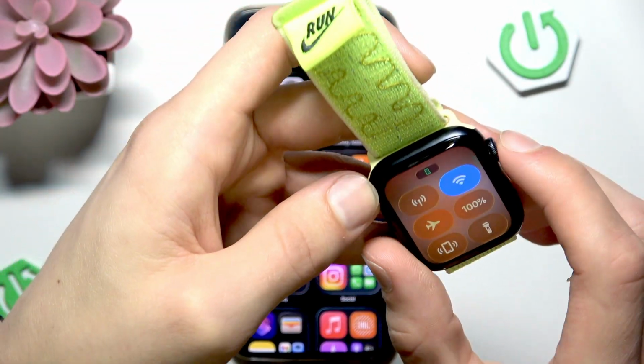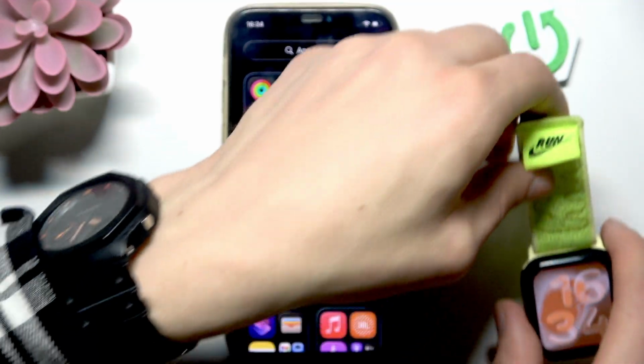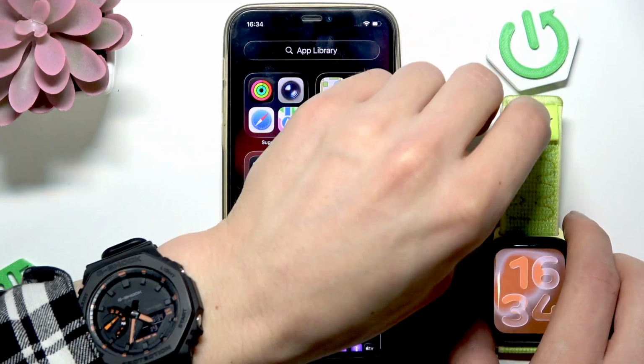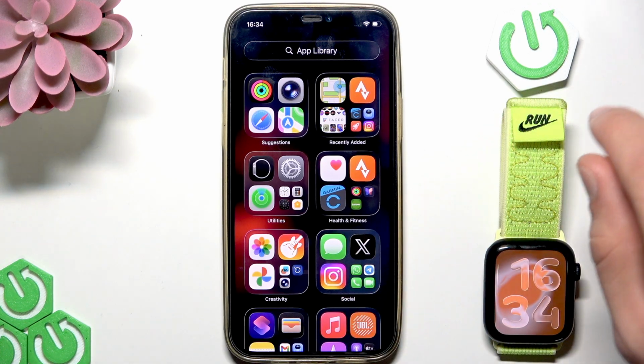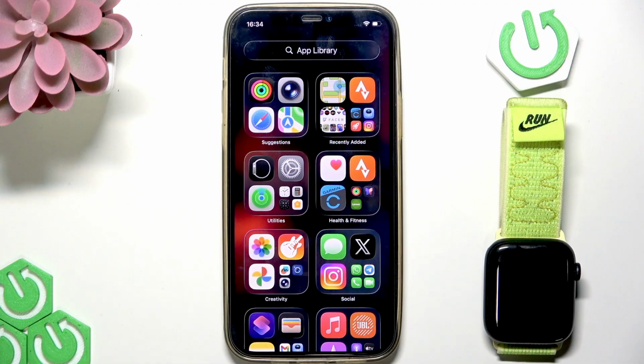Besides, you won't receive any notifications on your Apple Watch if you're currently using your iPhone. So whenever you're using your iPhone and receive a notification, it will not appear on your Apple Watch, only on your phone. Now, for some specific apps,